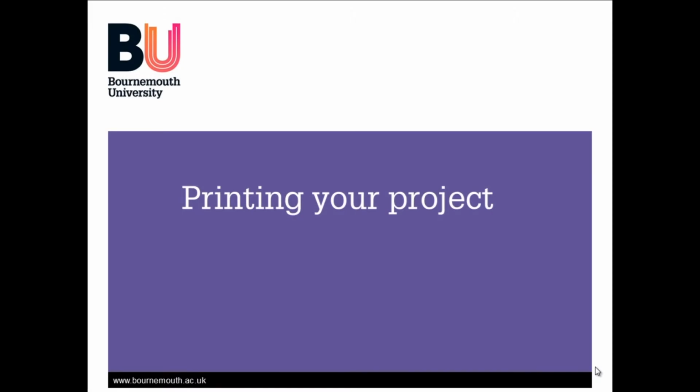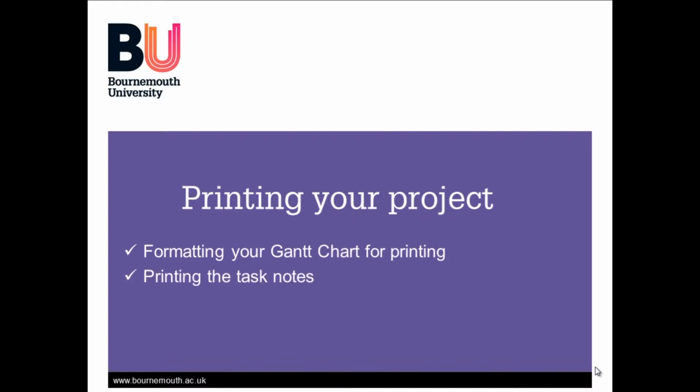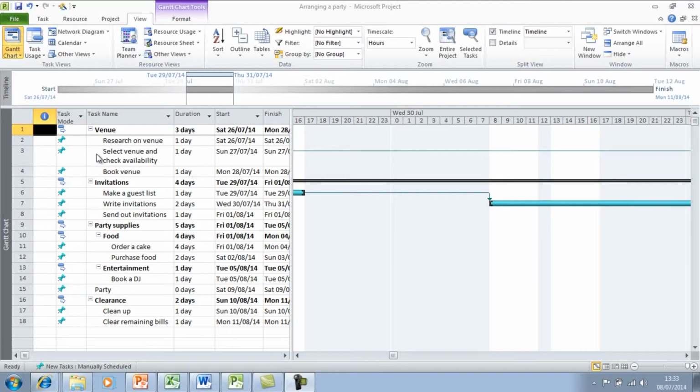This video will look at printing your project. This includes formatting your Gantt chart for printing and printing the task notes. You may wish to print your Gantt chart to share with some of your colleagues, and to do this you just need to go up to the File tab,